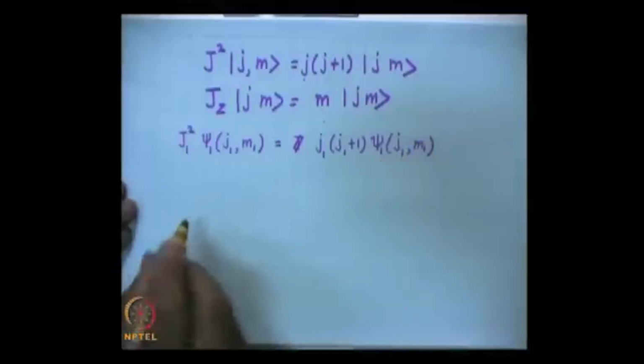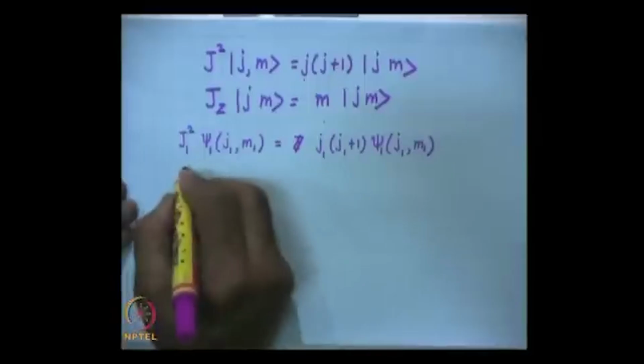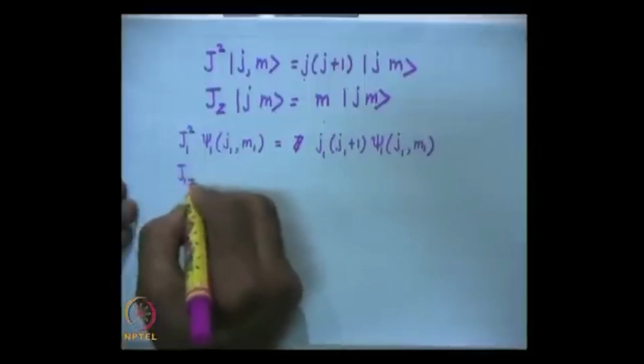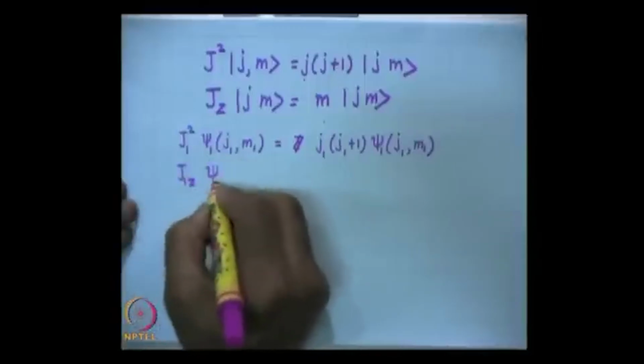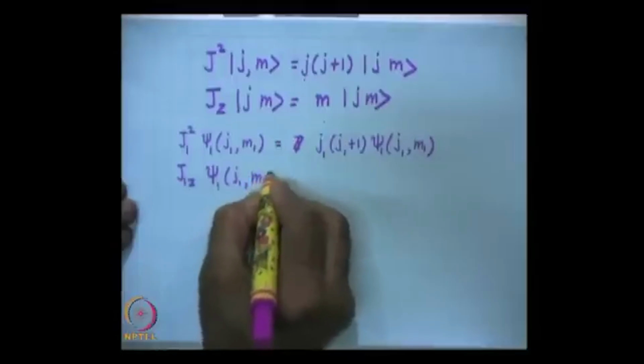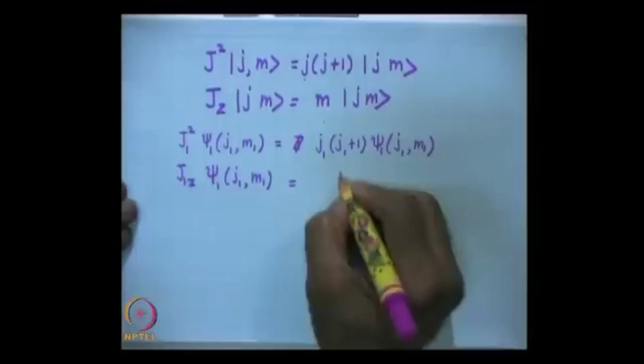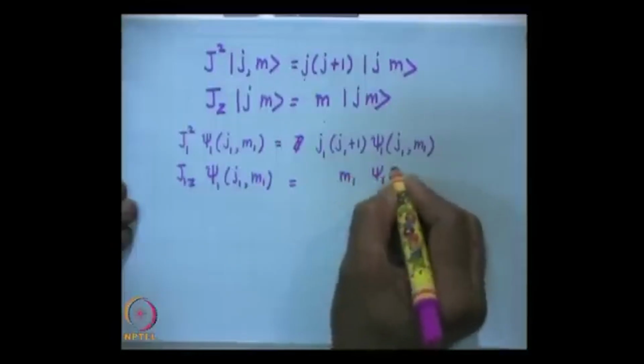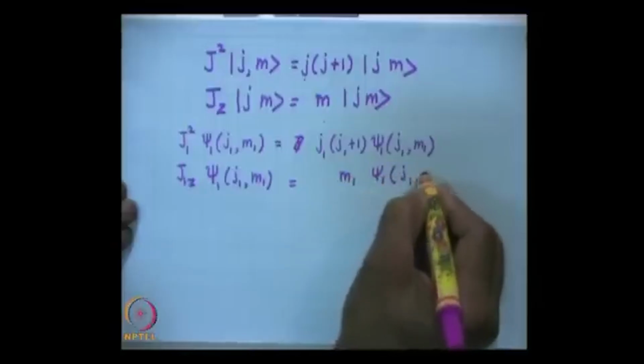I will give examples later and it will become clearer. And psi 1 is an eigenfunction of J1z also. So, I write J1z psi 1 J1 M1 is equal to M1 psi 1 J1 M1,